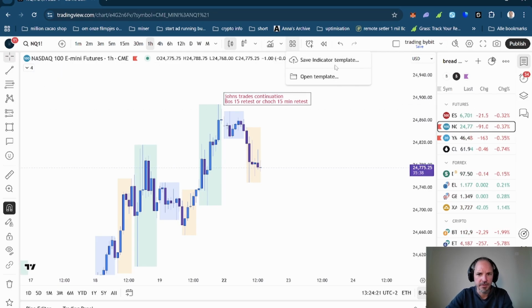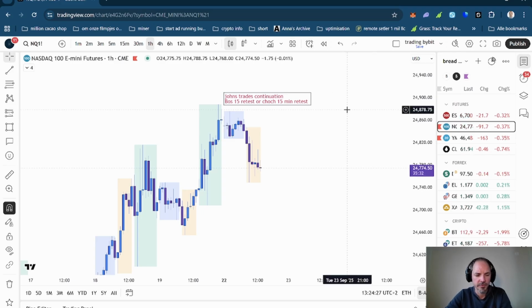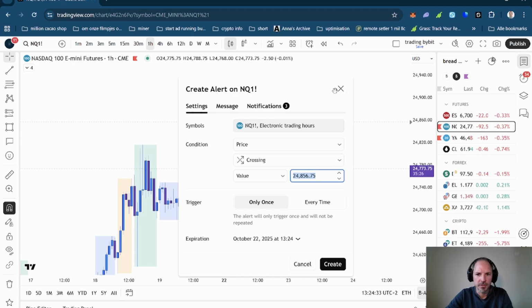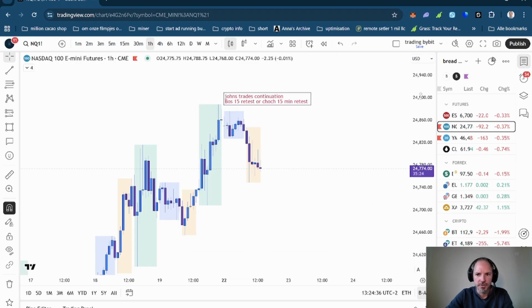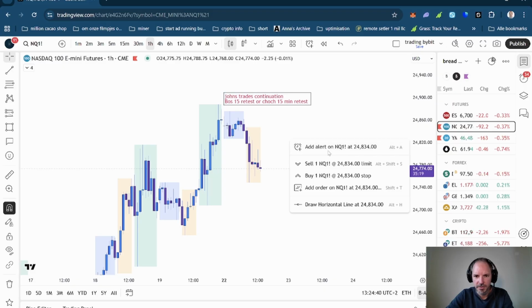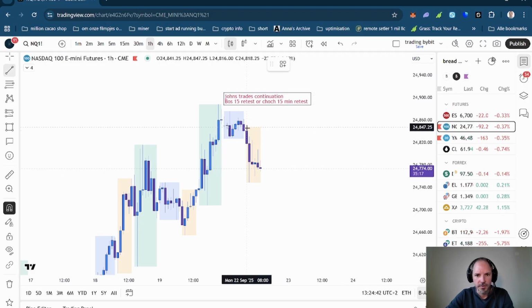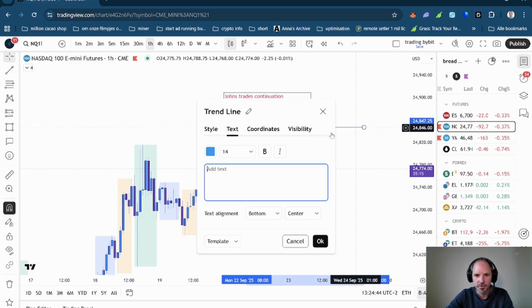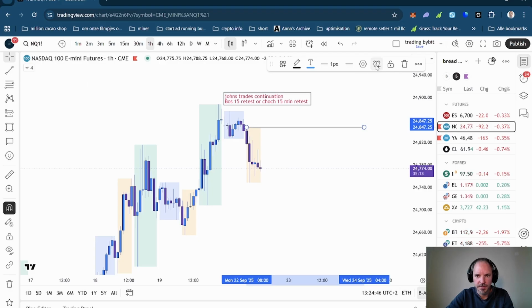Here we can save our templates, so if you have a lot of drawings, you can save your templates. We've got alarms: Alt and then A together will set you an alarm. You can also go with your mouse over the right side where the price is and press that plus button, and it will set an alarm. If you drag a line, you can also put an alarm right in here and press that alarm